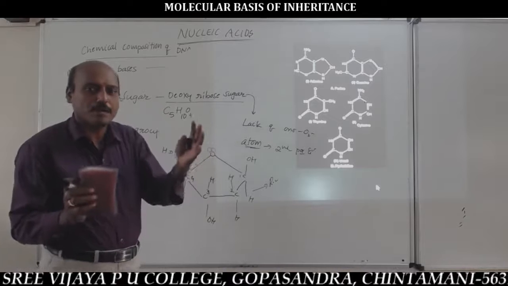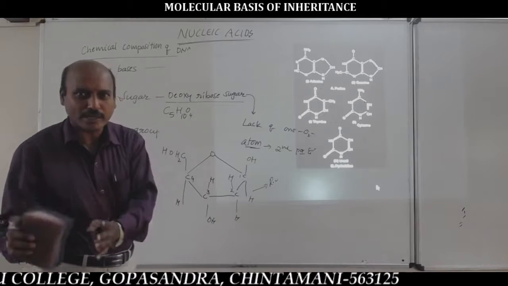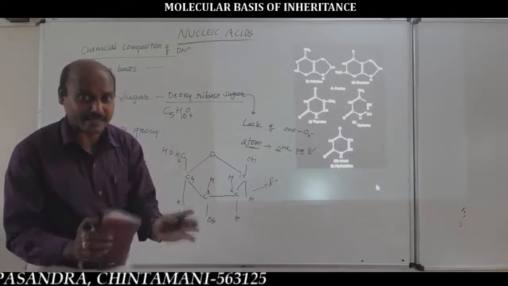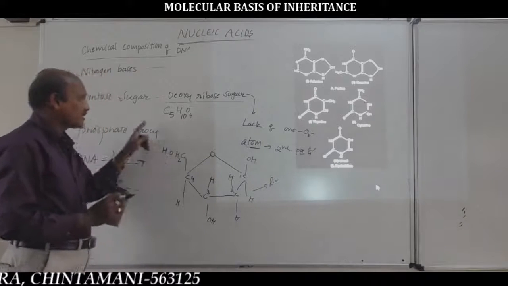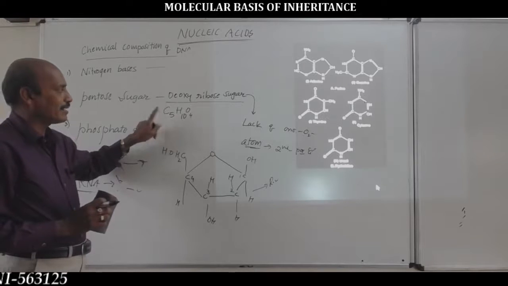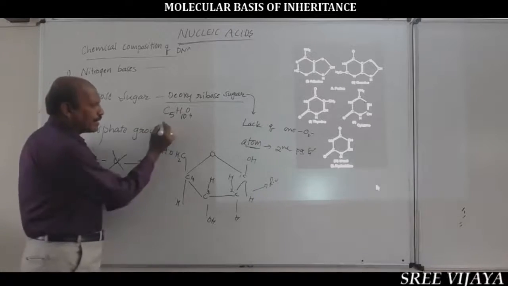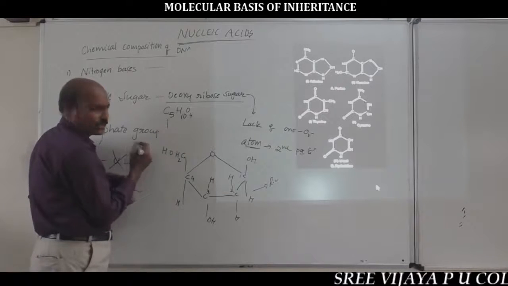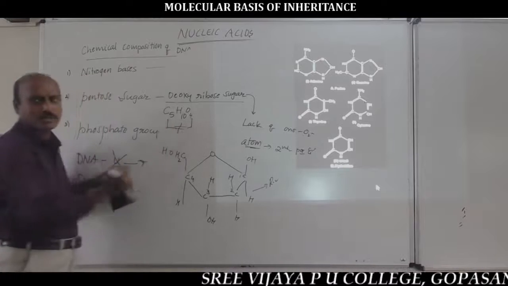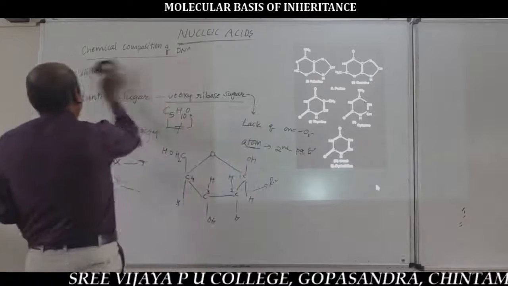The pentose sugar is a monosaccharide, never an oligosaccharide or polysaccharide. The monosaccharide present in DNA is the deoxyribose sugar, whose empirical formula is C5H10O4. So here the number of carbon atoms is not equal to the number of oxygen atoms. You should remember this statement, because in all carbohydrates,